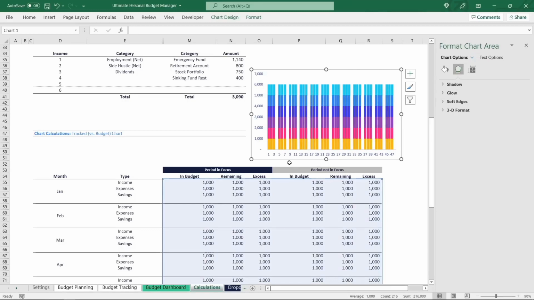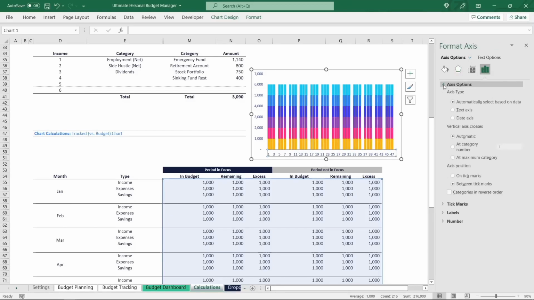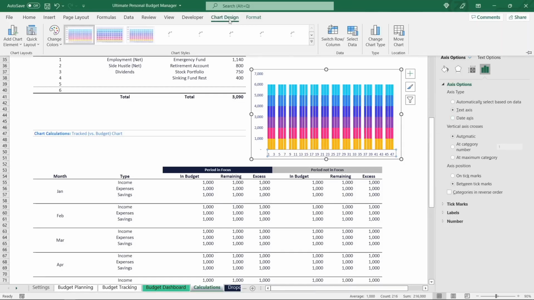After that, we want to bring in the month's names to the x-axis, with each of these names only displayed once for each group of bars, just like we have already set it up in this column. But before we add this column to the chart data, I recommend to make sure that the axis type is set to text axis. Because even though these month labels are fundamentally set up as dates, we don't want them to be interpreted as dates, as this messes up the whole chart. So make sure that the axis type is set to text axis, and after that you can go to the Chart Design tab, select Data,